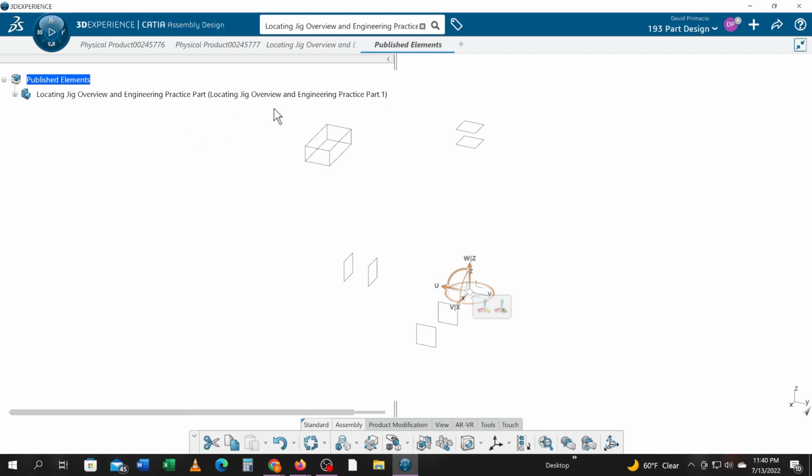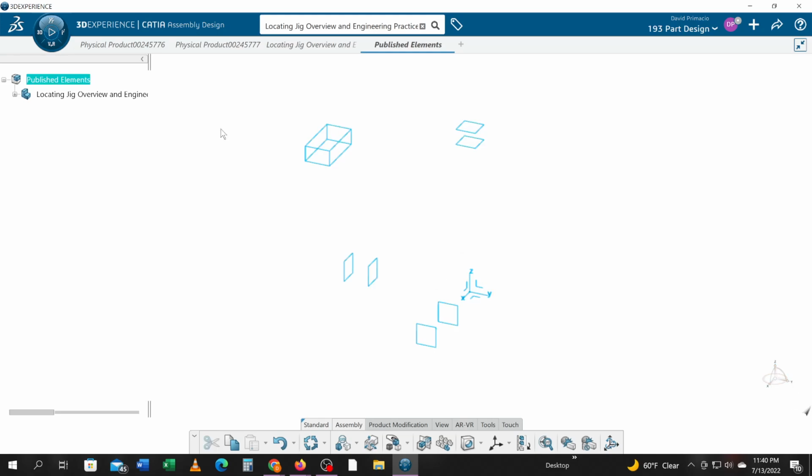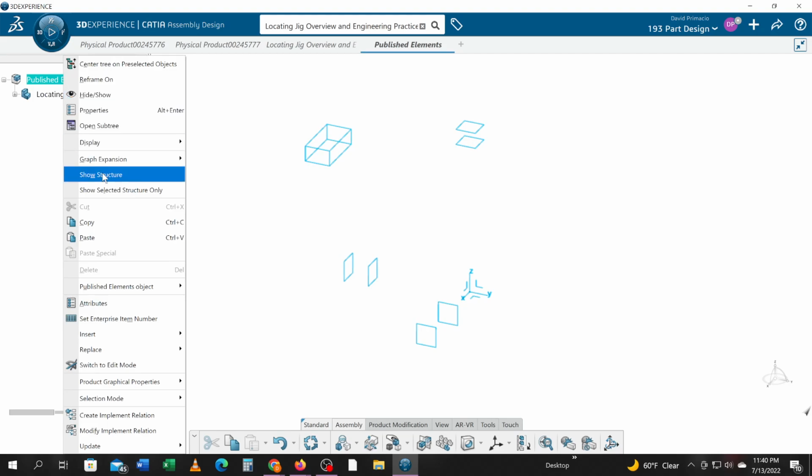Okay, so this is my engineering practice part. What I got to do is make a tool plate for that. And so I'm going to make a new thing here, and I'm going to kind of shorten it up and just go right to the tool plate. And I'll cover the engineering, TLM, RLM later. I'm just going to go right to a tool. So just to try and keep it simple, my focus is to try and get you to understand the published elements. So what I'm going to do now is go to Insert,